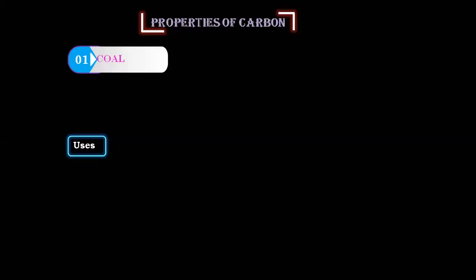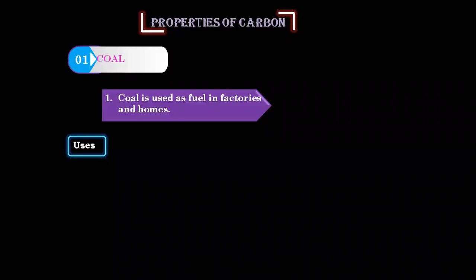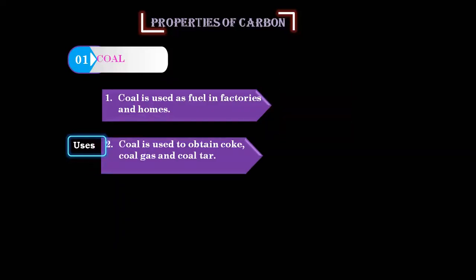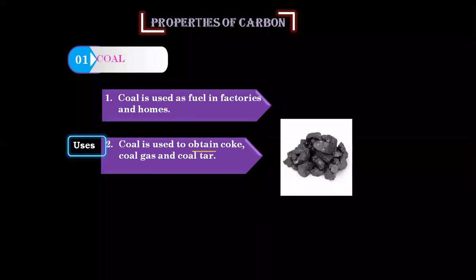Before that, let's quickly do the uses of coal. Coal is used as fuel in factories and homes. Coal is used to obtain coke, coal gas, and coal tar. Under uses of coal, we have coke, coal gas, and coal tar. I'll tell you about coke, coal gas and coal tar, okay? Yes, old trains. Some trains used to run on coal. And the third point is